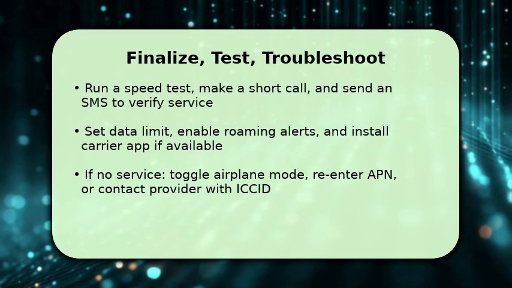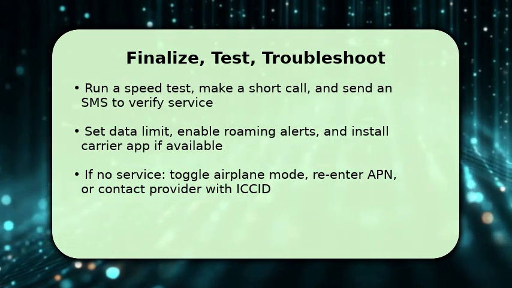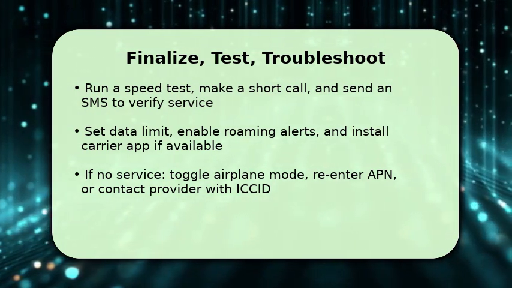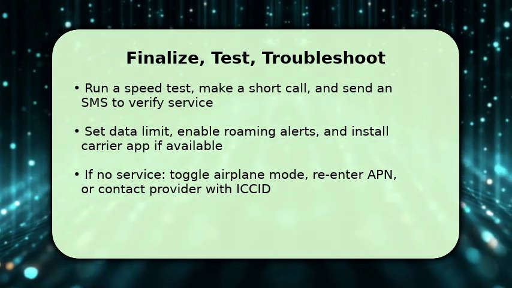If something goes wrong, try simple recovery steps. Toggle airplane mode, restart, re-enter APN settings, or rescan the eSIM QR. If still broken, contact the provider and give them the ICCID and your phone model for faster